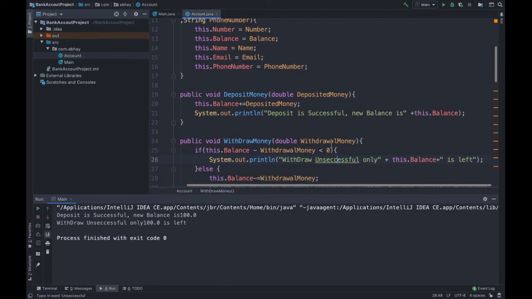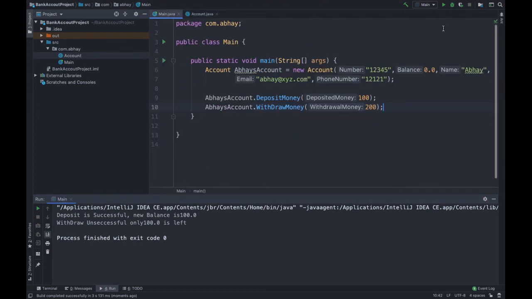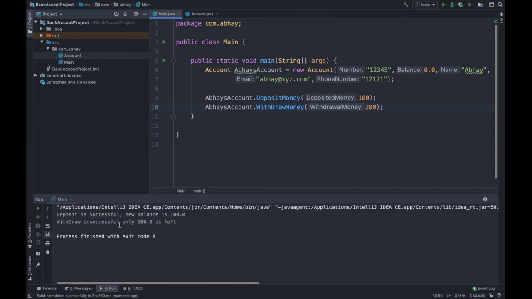Let's add some space so it will look a bit more decent. Let's run again. It says withdraw unsuccessful, only 100 rupees is left. So we have to add at least 100 more to withdraw.